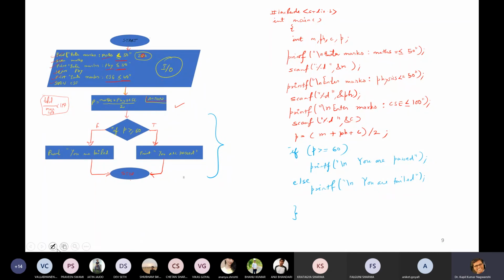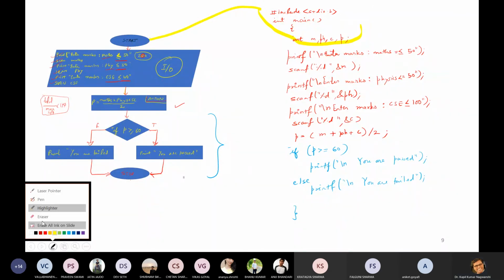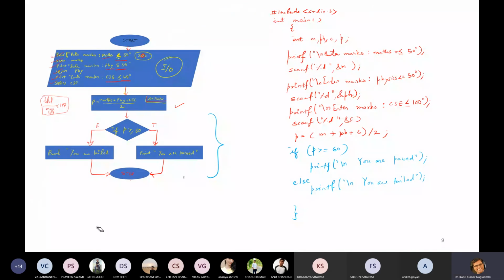So let me show you each block of this flowchart, how it will be written, using the highlighter. Now, this is the start statement. Oh no, wrong. Up to what place is it start? From this place to this opening curly brace. Okay.